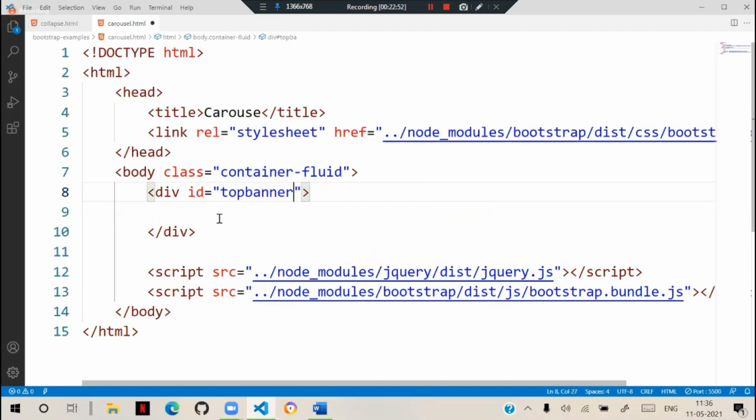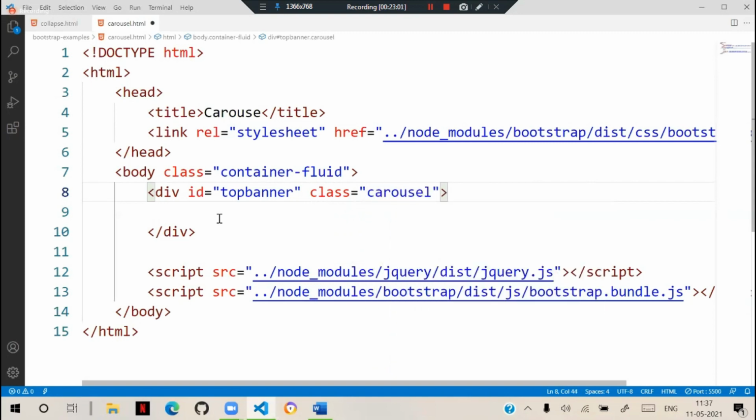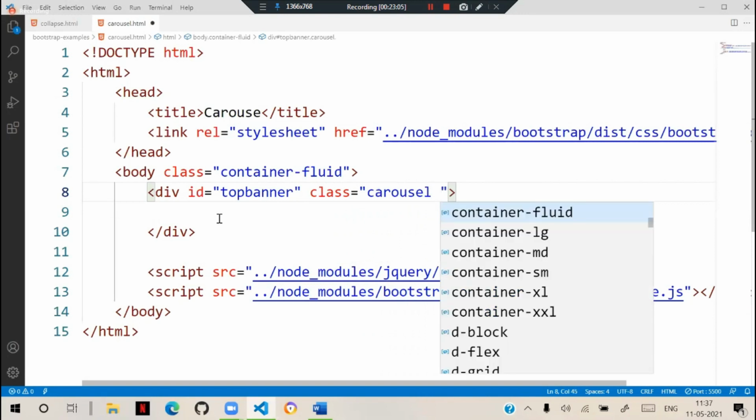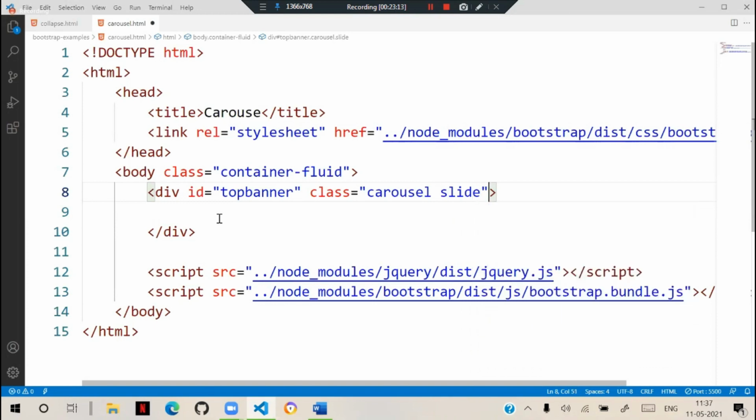Now the class: we have to use carousel. And the carousel will have an animation. Slide is the carousel animation we generally give for a carousel.